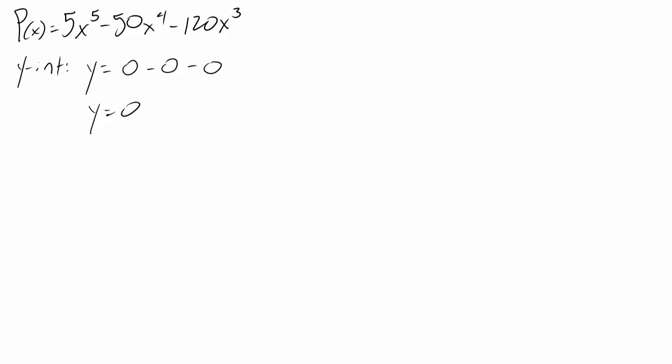Now, if we were looking to put this into an ordered pair, we could write this as (0, 0). But for right now, I'm just going to leave this as is. Now, for the x-intercepts, we take a 0 and put it in for y, and then solve for x, so we get 0